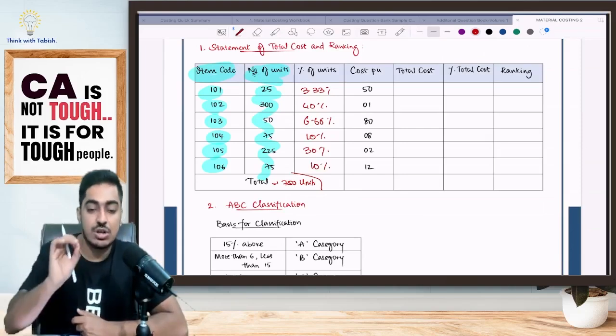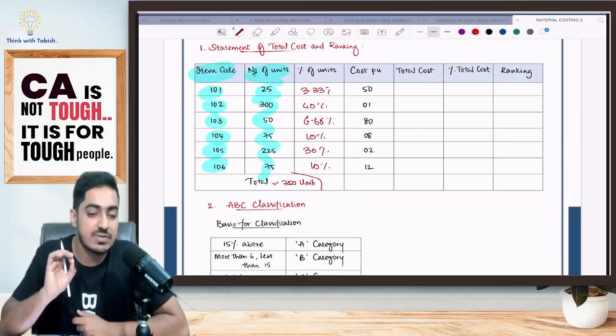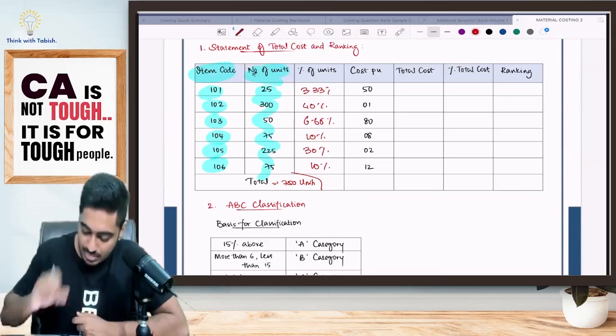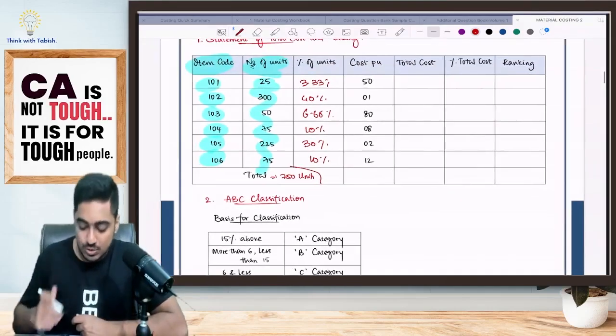Trust me students, just a knowledge of constant function will at least save 10 minutes of your time in the examination. Trust me in costing NFM. Okay. Now this is over, sir. Now what we have to do?